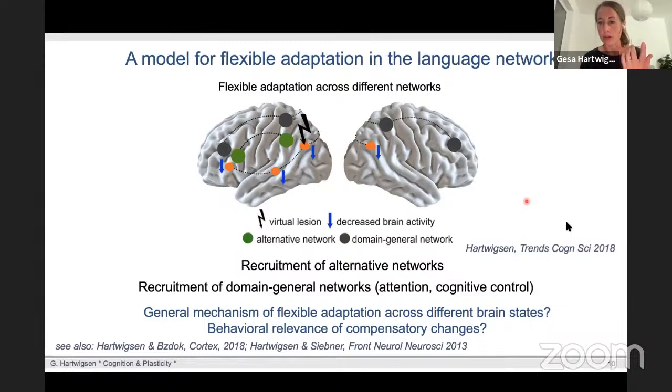Now you may ask, what good is it if the other area increases its influence on the perturbed region because it cannot perform the job anymore? But here it's important to keep in mind that when we perturb something with non-invasive brain stimulation, it does not mean that the area is silenced. We shift the balance, we inhibit this area, and we can also measure this as less activity, but it does not mean a lesion or complete null activation. It's more that the area has relatively less contribution. That's why I would always think that this is a change in the dynamics of the network. Does this answer your question?